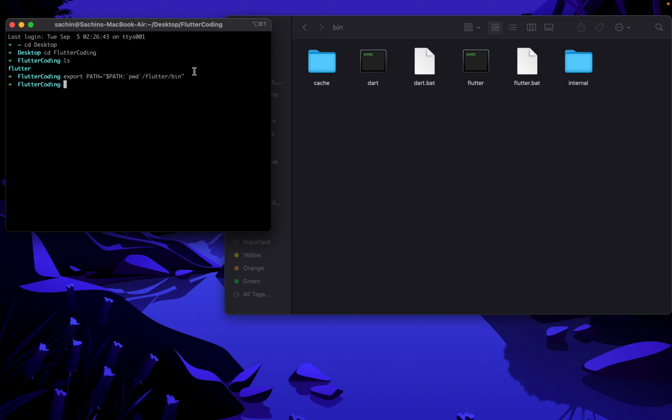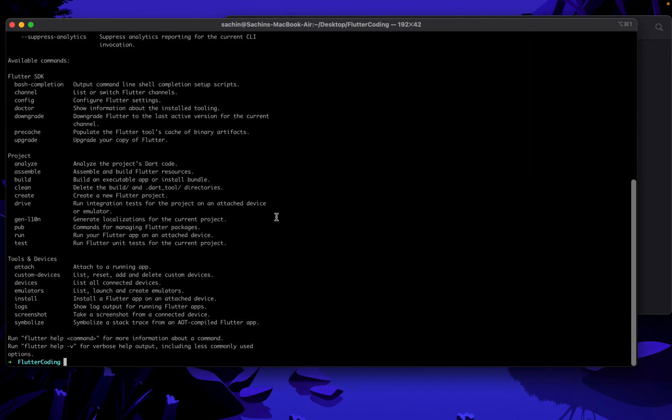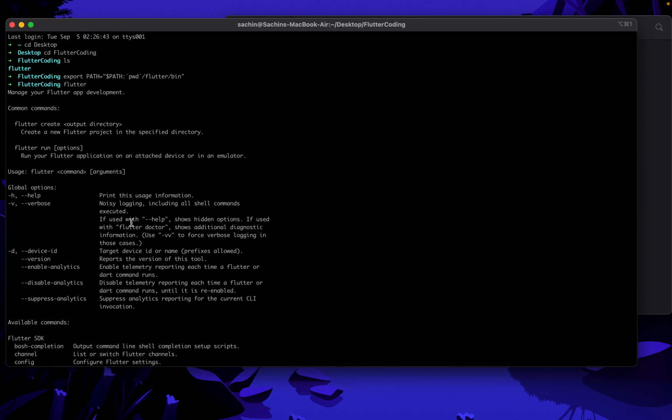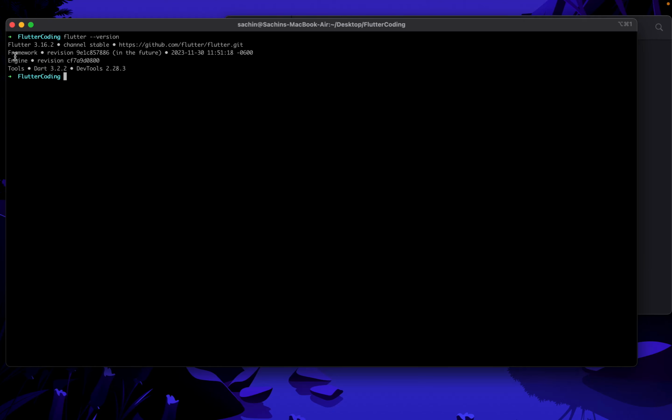Now we have access to Flutter. Okay, let's write flutter and it will be showing us all the commands which we can do with the help of command prompt. Okay, so just to check the version, let's clear everything. Let's write flutter version, and this is showing us that we are right now at Flutter